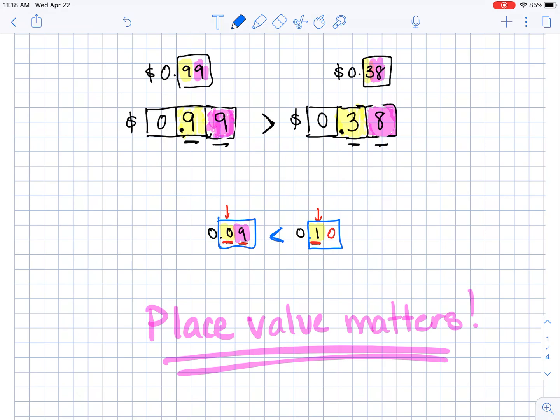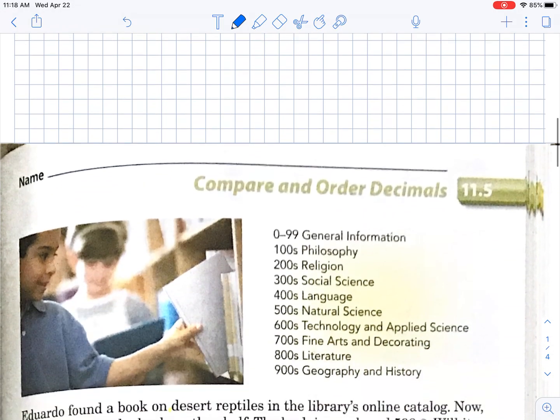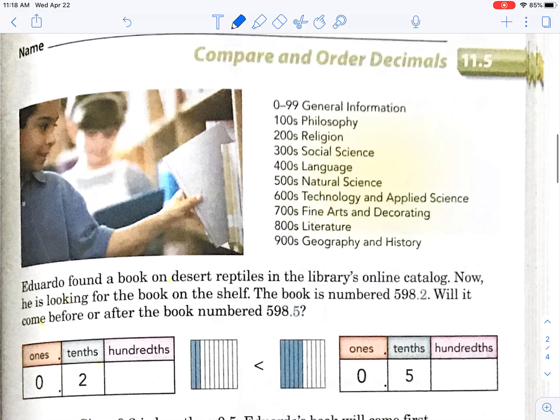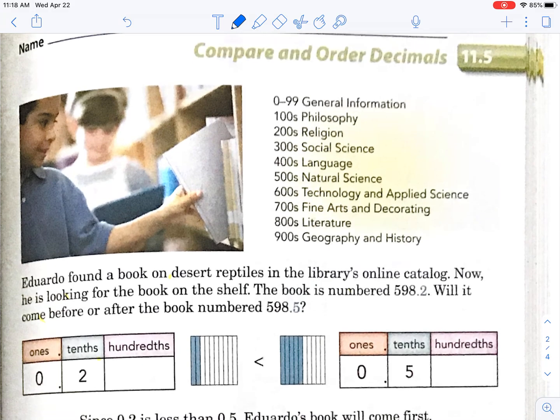So 0.09 is actually less than 0.1 because place value matters. Okay, we're going to go over that and over that and over that today. Do not forget, place value matters. Okay, so this is going to further explore our